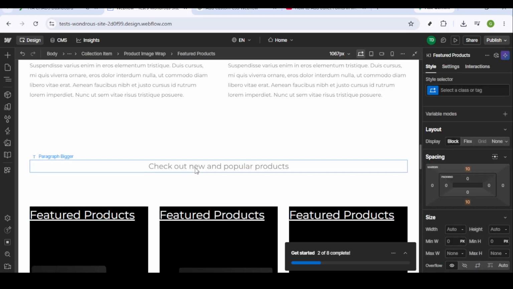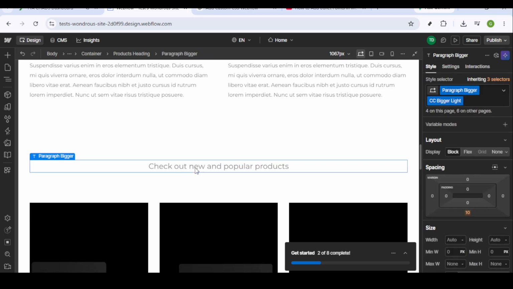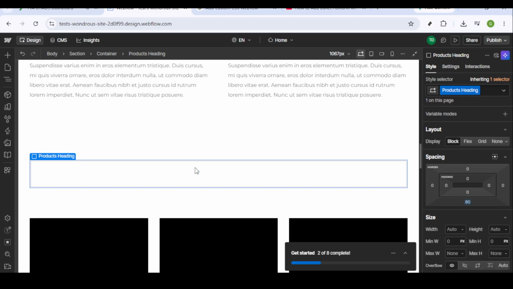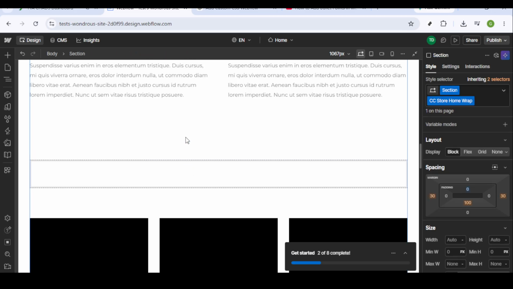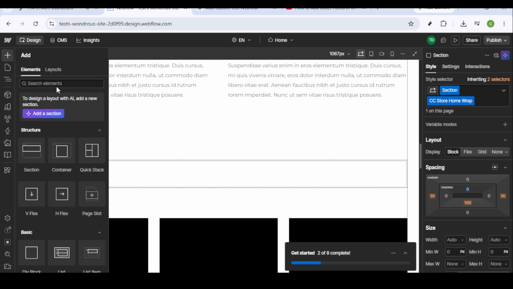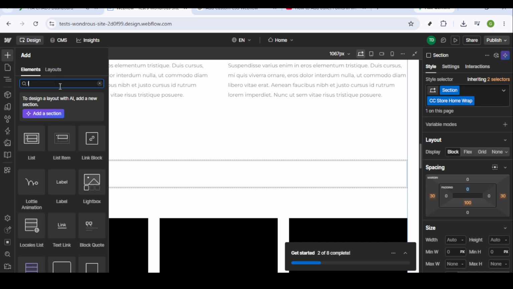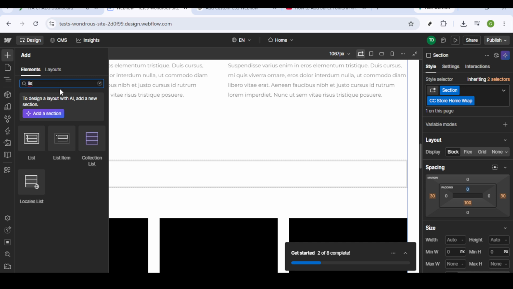To get started, you'll want to open the Add Elements panel. This is your toolbox in Webflow where all the magic begins. You can access it by looking for the plus icon typically located on the left-hand side of your screen, or you can simply press the A key on your keyboard for a quicker shortcut. This panel contains a variety of elements you can drag and drop onto your page, ranging from basic building blocks